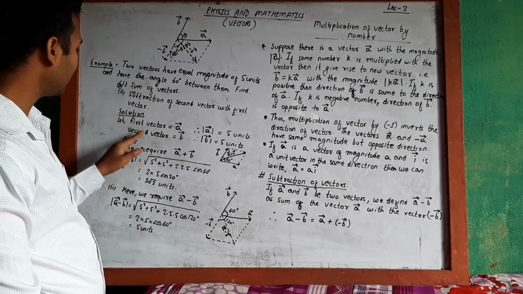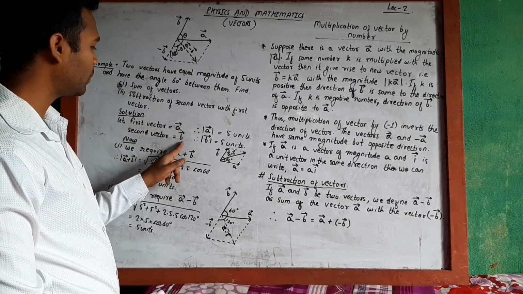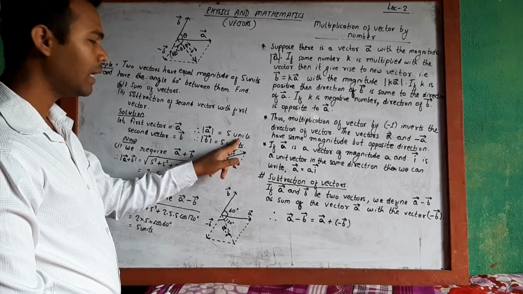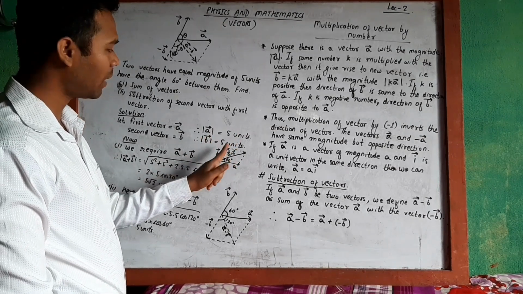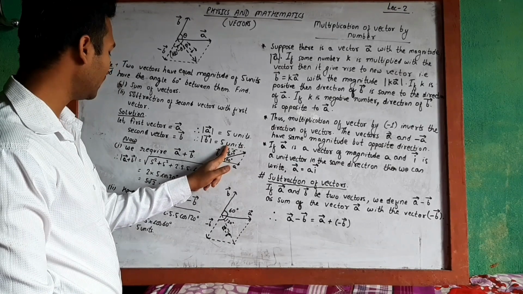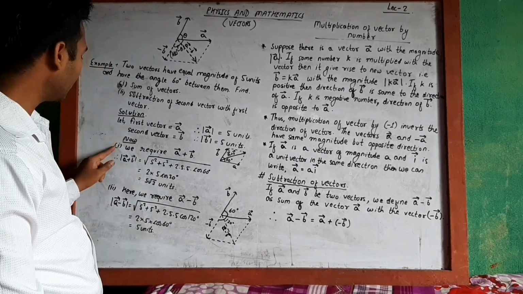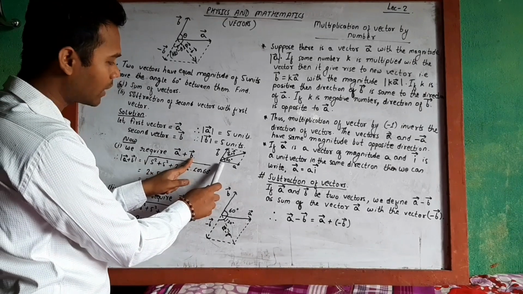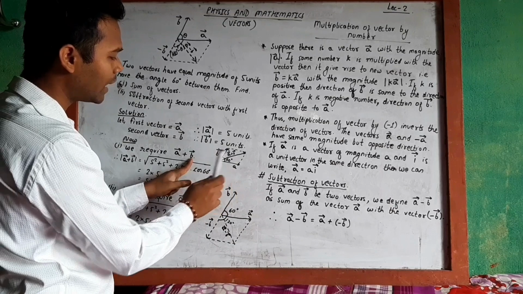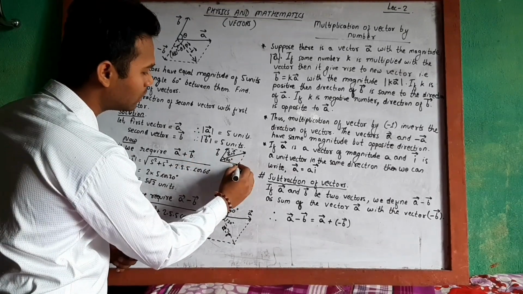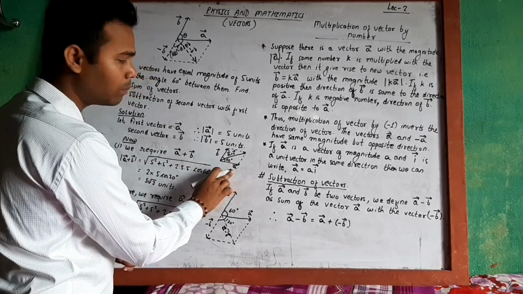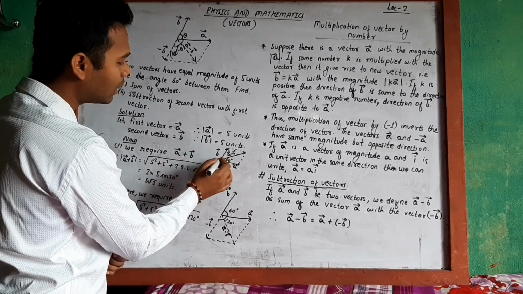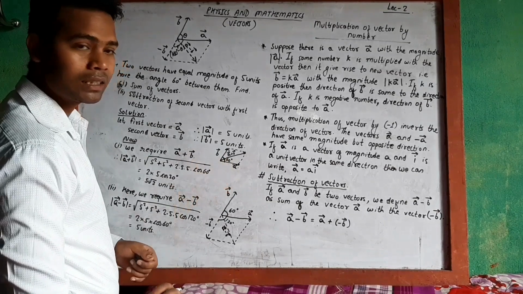Solution: let the first vector be a vector and the second vector be b vector. Therefore, the magnitude of the first vector, a vector, is 5 units, and the magnitude of b vector is also 5 units because the vectors are equal. Now, in the first case, we require a vector plus b vector. Let us draw a diagram. This is a vector and this is b vector. Both have equal magnitude. This vector has magnitude 5 units, this vector also has magnitude 5 units, and the angle between the vectors is 60 degrees.